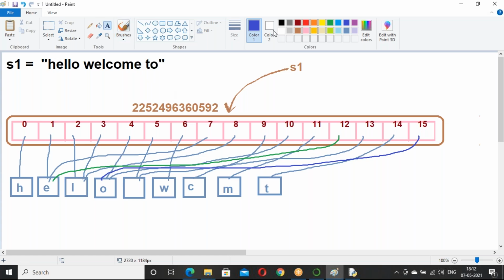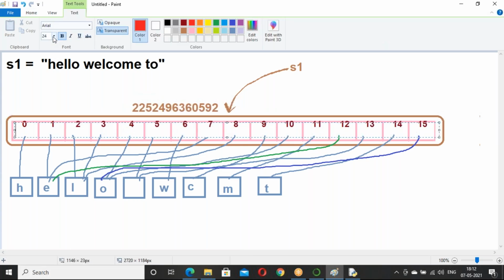This is how the string memory model works. The string supports negative index also. The negative index begins from -1. It is a reverse index. So this is going to be -16, this is going to be -15, -14, -13, -12, -11, -10,